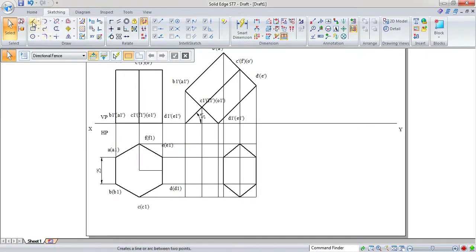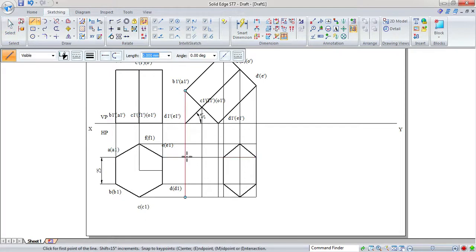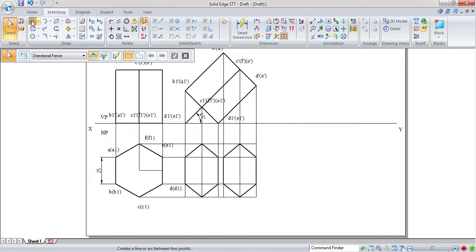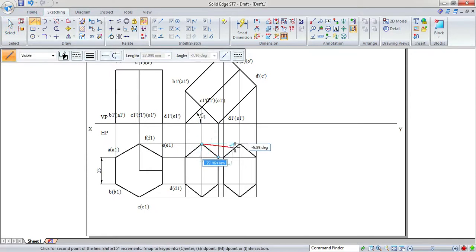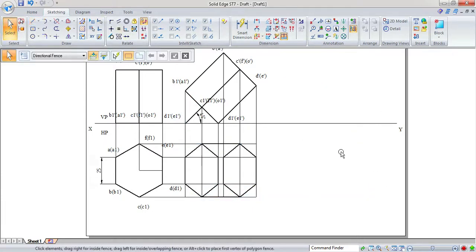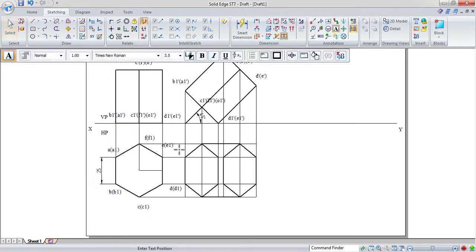Now in the same way, we will connect the bottom face of the prism here, A1, B1, C1. Now this will be D1, then E1, and finally F1 to A1. This is the top face. Now we shall connect the lateral edges, and go to the annotation, go on writing the annotations here.